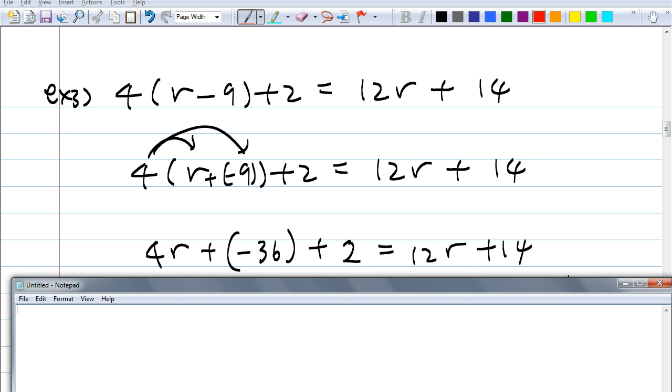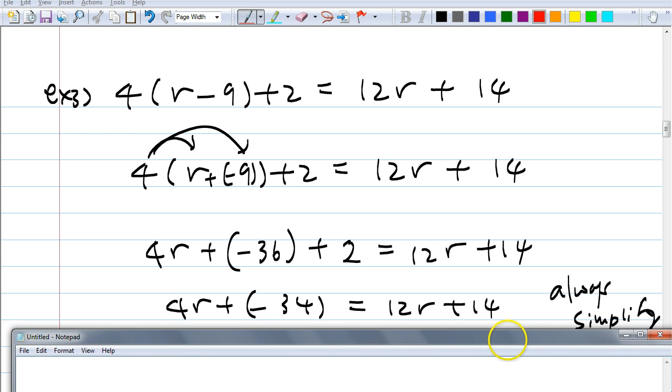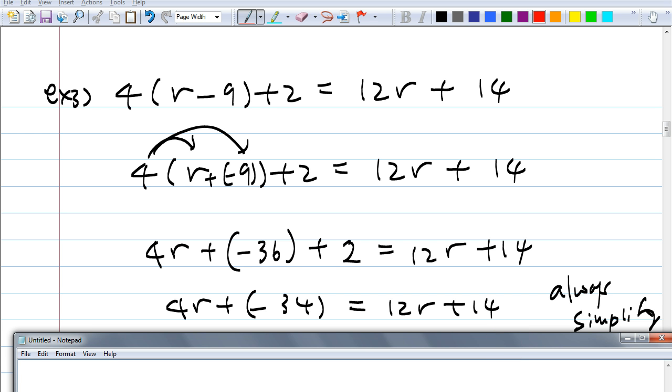Okay, Jason. Yeah, I should add negative 36 and 2 together, right, Chris? Okay, what do I get when I do that? Negative 34, right? You should always, what class? Always simplify. Of course, when you're solving an equation, but before you get to the next step, if you could simplify something, it just makes it easier, doesn't it? So you should write this as 4r plus negative 34 equals